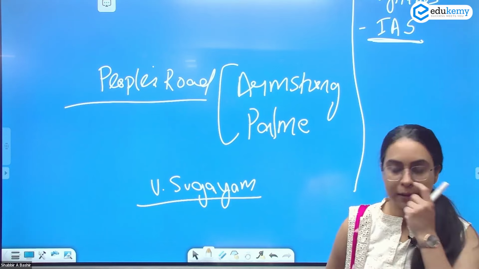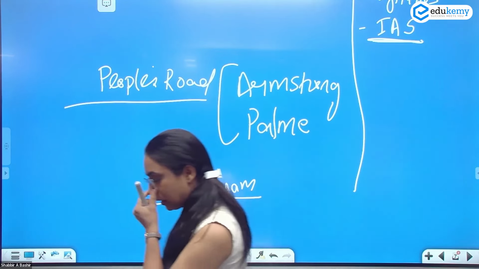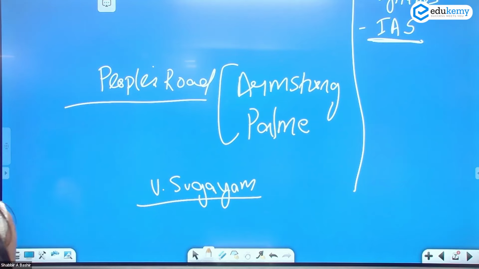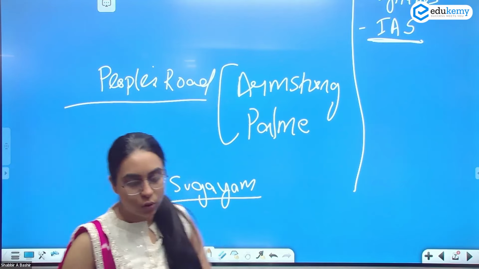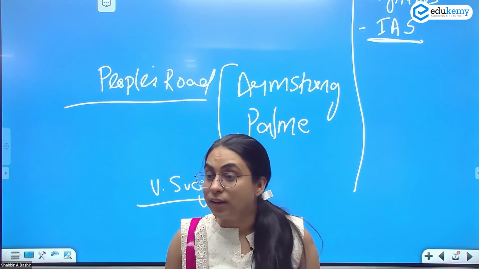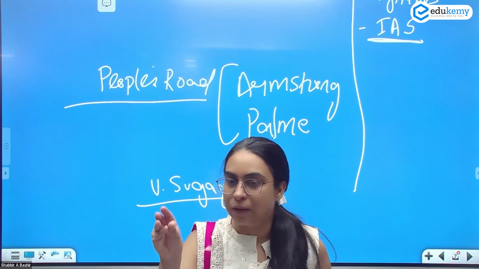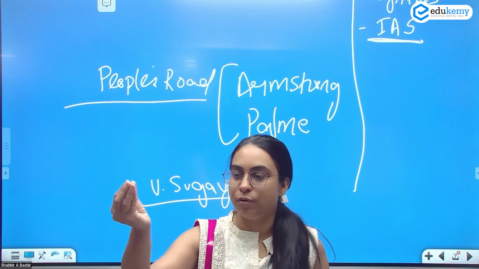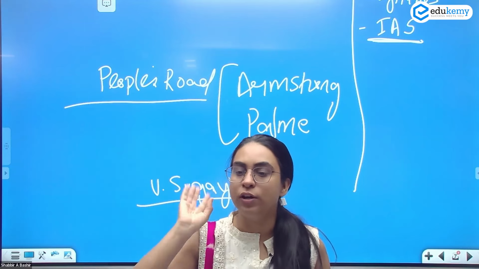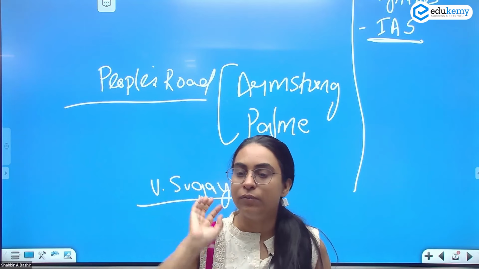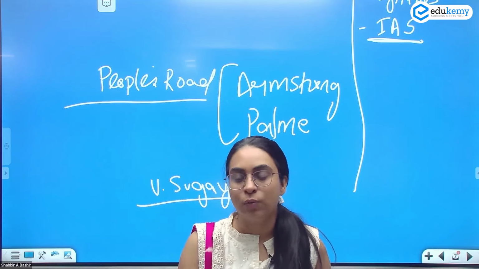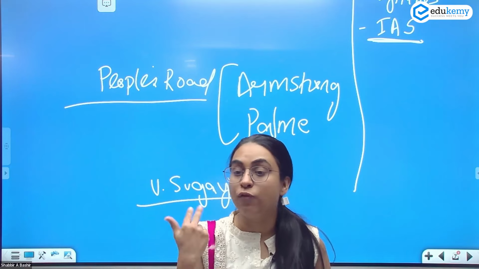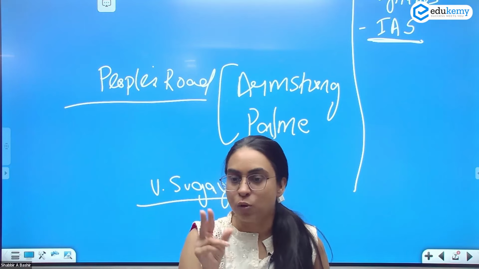If you would know that there is a code of conduct. Once you become a civil servant, there is a code of conduct which says that whatever asset you have, if you have some property in your name, if you have some gold in your name, if you have some money with you, whatever is your asset, and whatever is your liability, if you have taken some loan from someone, you will have to make it public. That is the code of conduct.